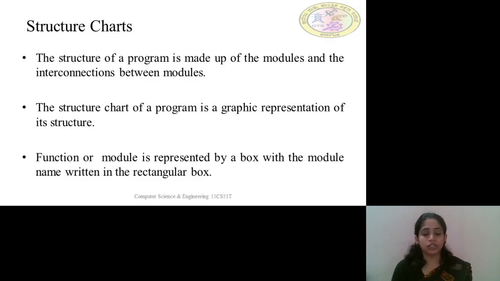The name of the function should be meaningful, that is, when we read that particular function name, it should define what exactly it is going to do. This representation will definitely help users to get to know what exactly each and every function does in the program.